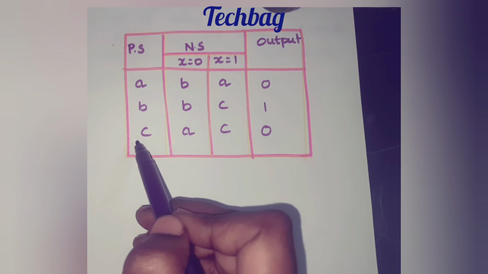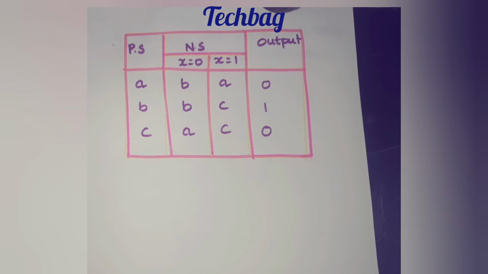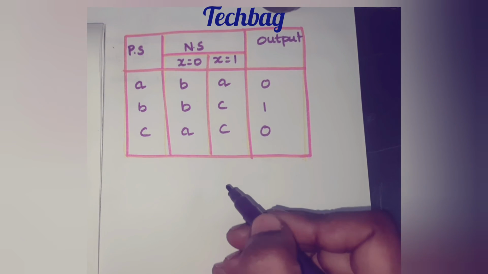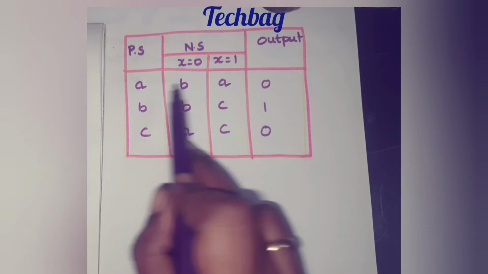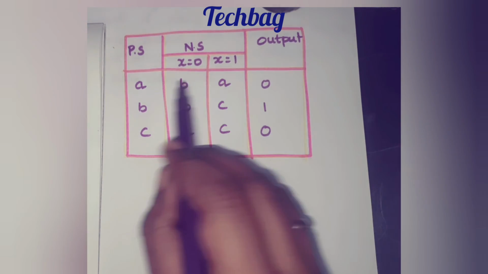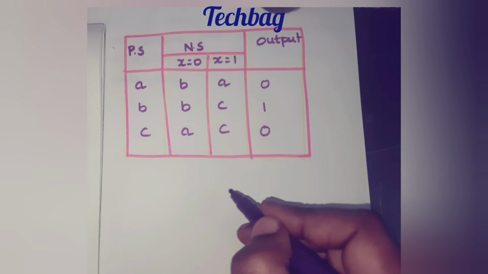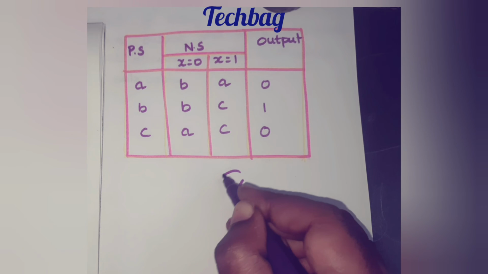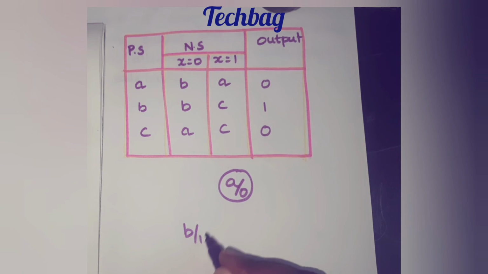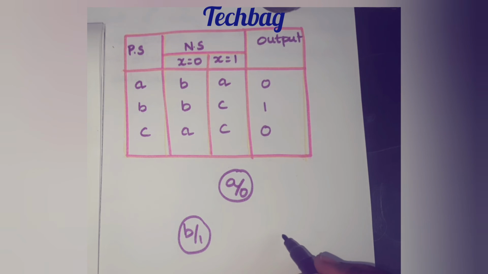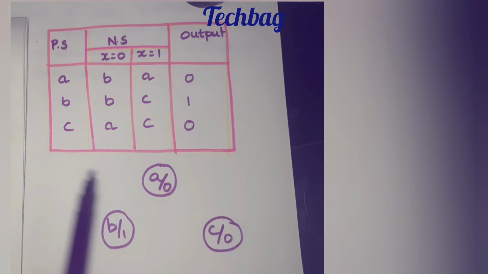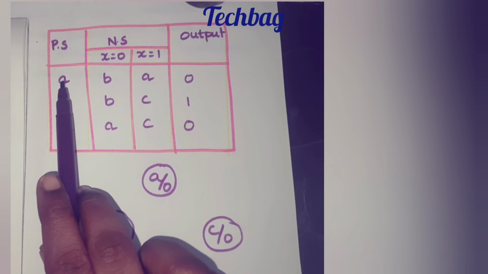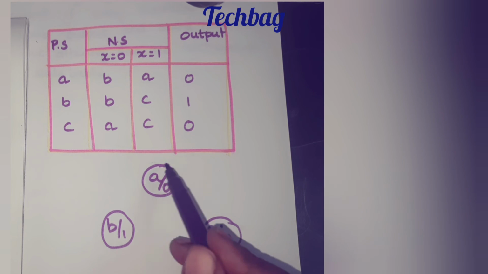Next, we will draw the state diagram for this Moore model. Here also there are 3 states, and the difference between Mealy and Moore model is, in Mealy model, you have to represent only state within the circle, but here the output is fixed for a state. So you have to represent both state and output within the circle. So A, state and output is 0. So you have to write like this. B, the output is 1. And third state C, the output is 0. C, 0. So in Moore model, it does not depend upon the input and it is fixed for that particular state. So you have to mention the output within that circle.